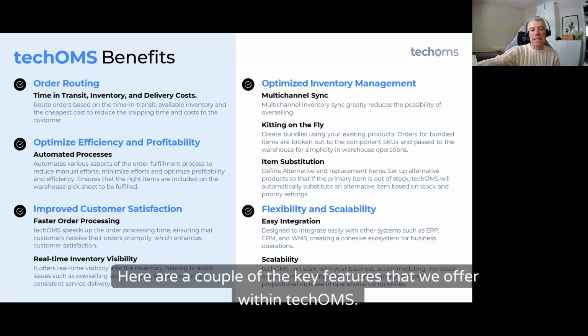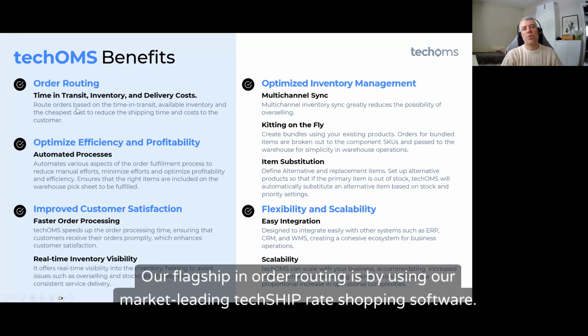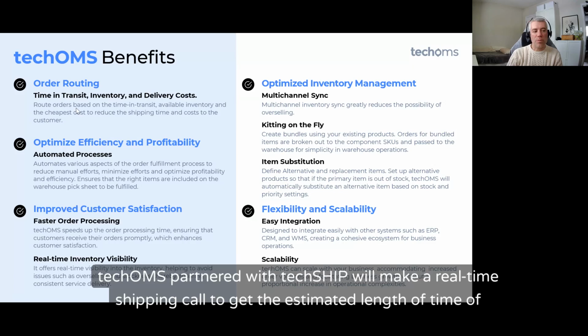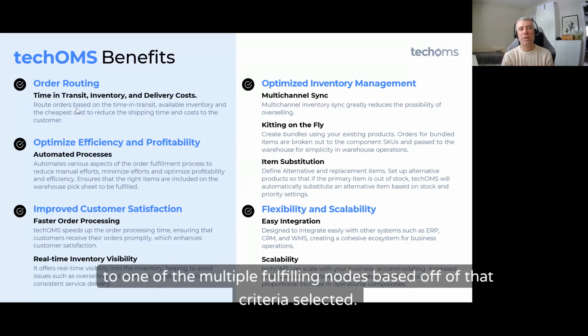Here are a couple of the key features that we offer within techOMS. We'll jump in further into the demo as well. First and foremost, order routing. Our flagship in order routing is by using our market-leading TechShip rate shopping software. We have what we call time in transit. techOMS partnered with TechShip will make a real-time shipping call to get the estimated length of time of delivery and the estimated cost of delivery, and then route that order to one of the multiple fulfilling nodes based off of